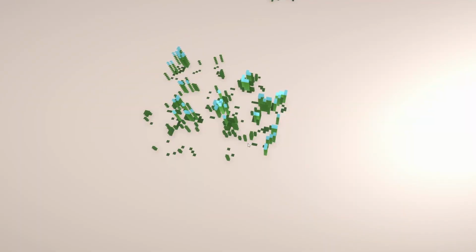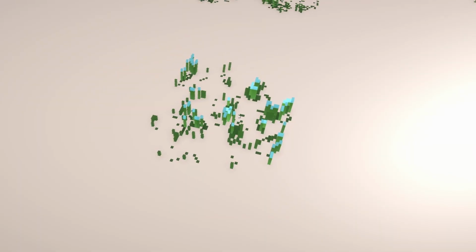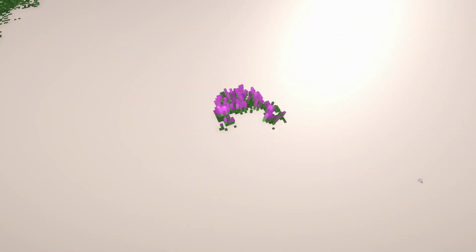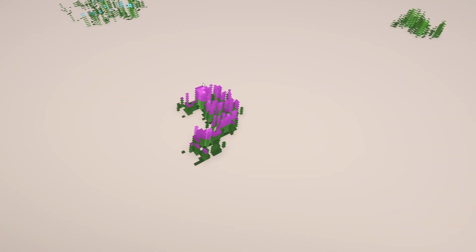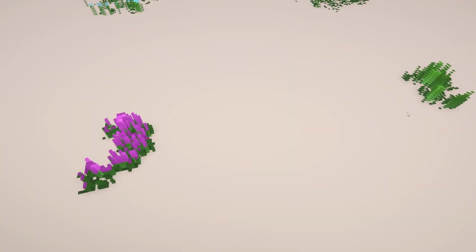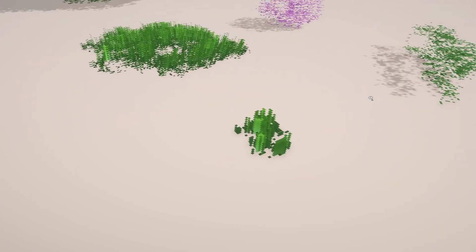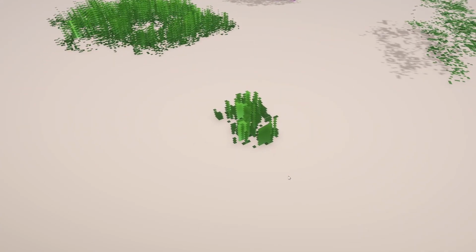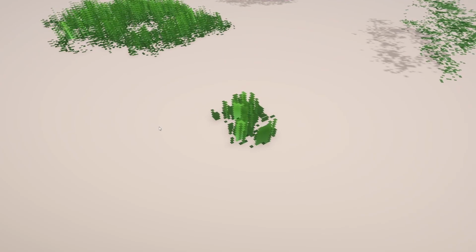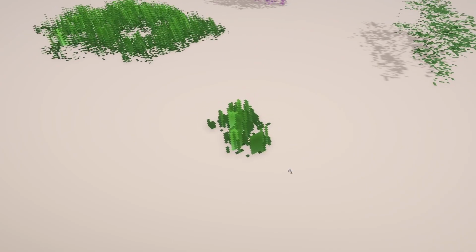I can also control and make different versions of it, and I can control more parameters for it, including the tip color and how far the color goes down through the layers. And as you can see, I can even make smaller blades of grass in case I need this placed in a corner or an inclined plane.